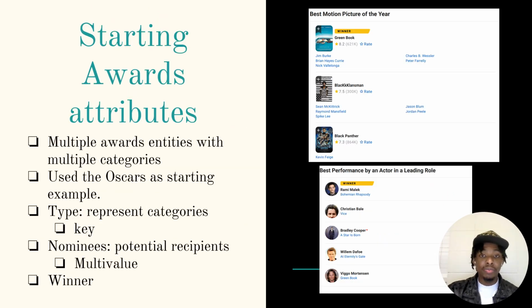Another major entity that we also took from the IMDb page was the awards. The awards has a name and a type, and these are the key attributes of an award. Pardon me, I was stuttering. So this name and type is a key attribute for the award entity